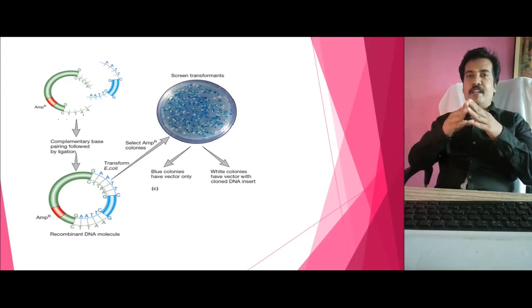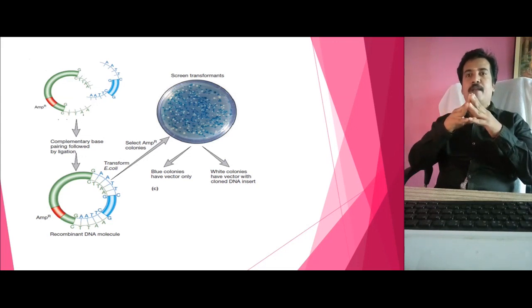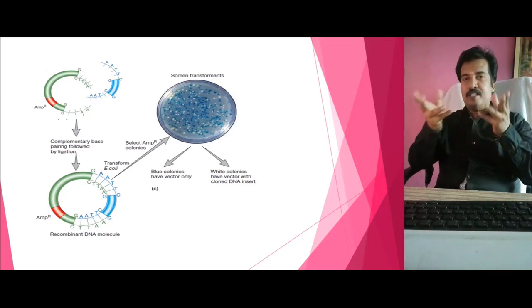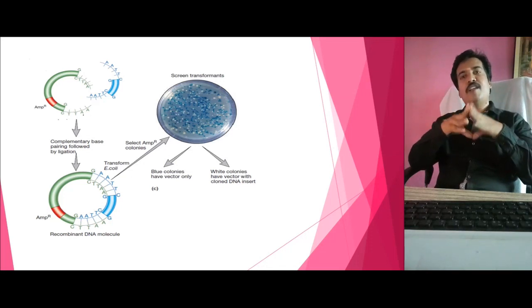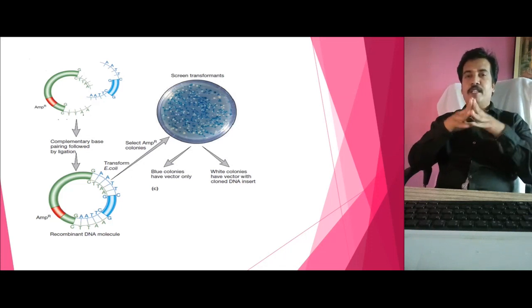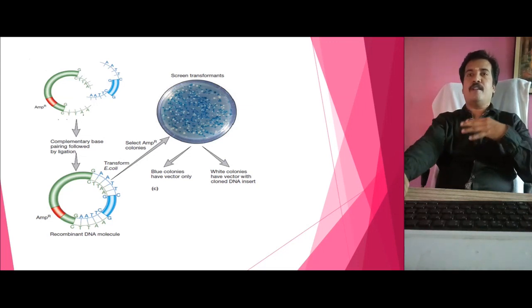If the foreign DNA has been inserted into the vector at the multiple cloning site in the LacZ gene, this gene gets disrupted, and so it is no longer able to break down the lactose, and it does not produce the blue coloration in the presence of X-gal. So the colonies will appear white. This is considered as blue and white colonies. In the picture, the blue colonies have only vectors, whereas the white colonies have vectors carrying the foreign DNA. In this way of identification, the white colonies are isolated and cultivated in large quantity to produce the cloned vectors in large quantities.